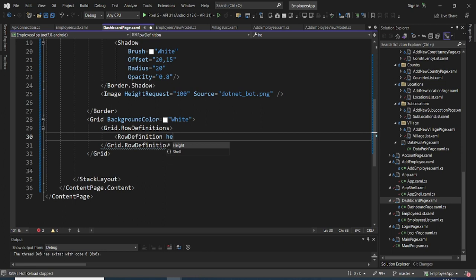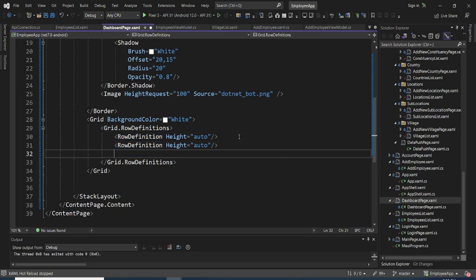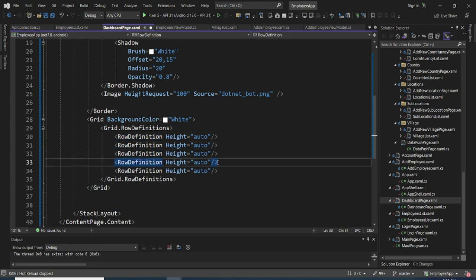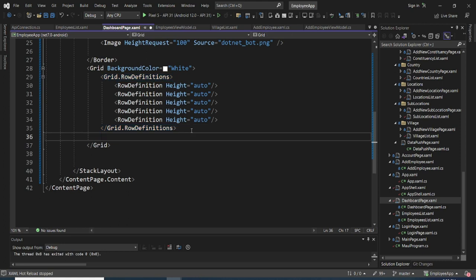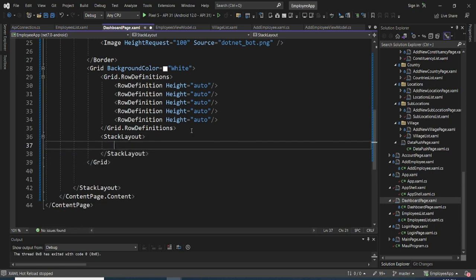Then I'll say row definitions. Then I can say height. So I'll say this is auto. Then I'll close. So I want like how many rows? I can say like 5. So I'll copy that to 5. 1, 2, 3, 4, 5. So after that, I'll come down after the row definition and put in a stack layout. Then I'll say this stack layout will be